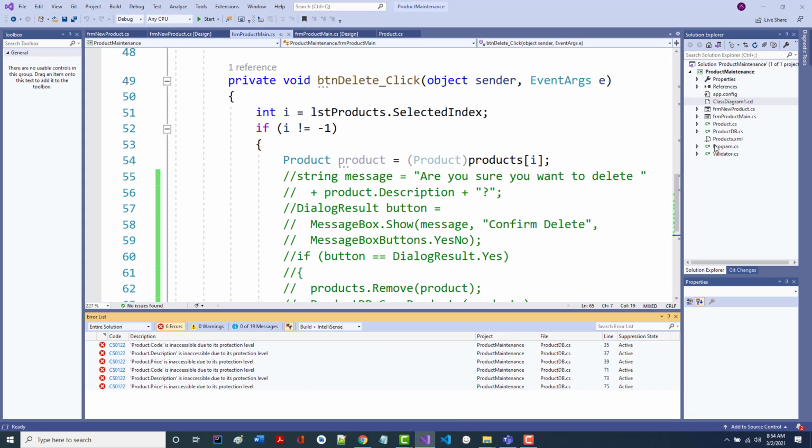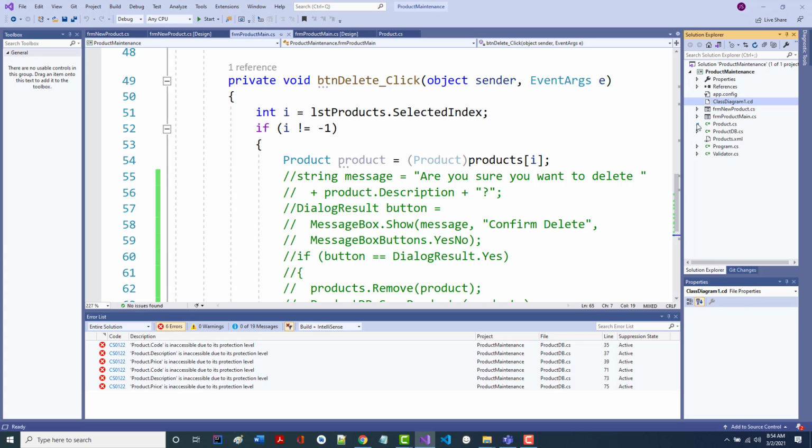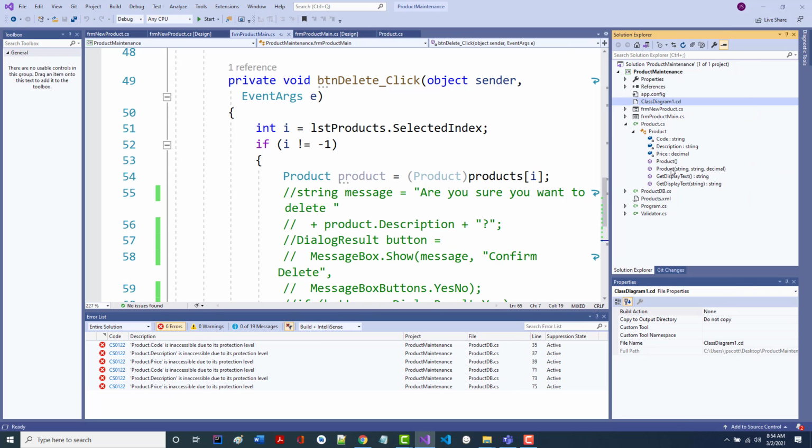So here are the products, where is it? The product.cs class. I open it up, and can you see this? I know it's a little hard because it's not big text, but it's showing you what's in here. I didn't do anything special to do that. I just opened up product.cs, opened up product, and there's what it was. It's showing me that it's got three members: a string for code, a string for description, and a string for price. It's got two constructors, and it's got two GetDisplayText methods. It's just a nice little way